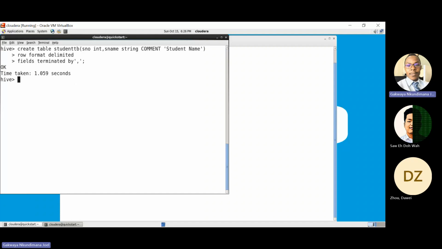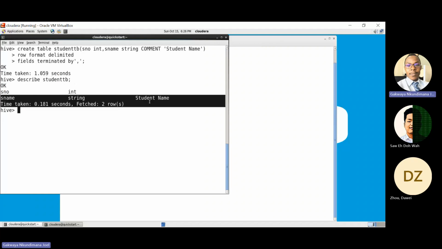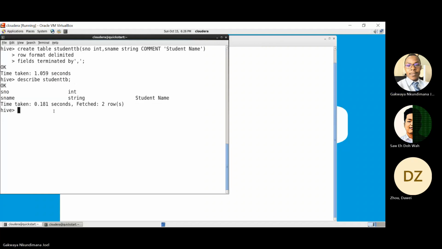Okay, thank you. So now this is it. Describe student_tb. So the comment, this one, it gives you student name so that you can be sure what you have created. Now we're going to load the data here. So we say load data local inpath. So what are we going to load from home